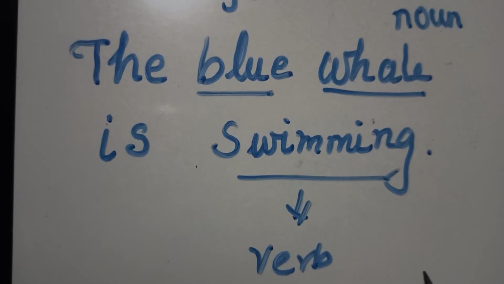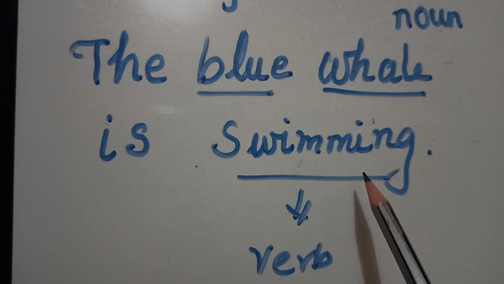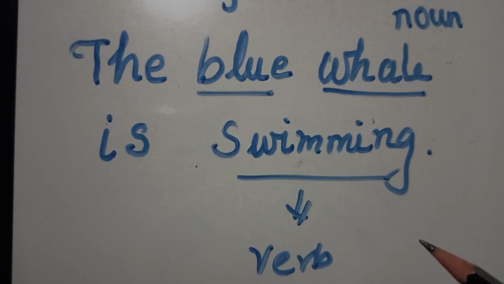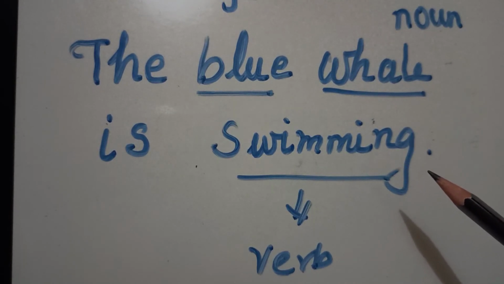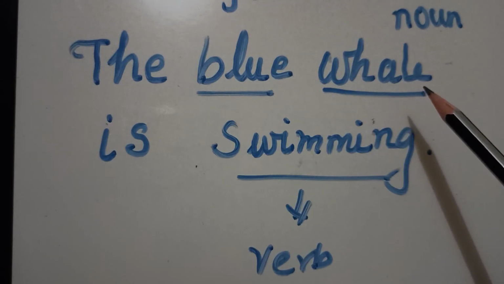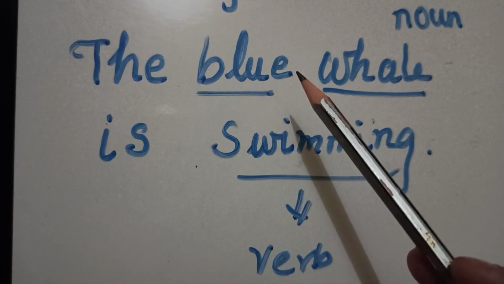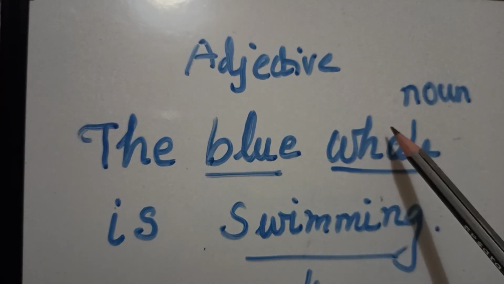The swimming is an action word, said to be the verb. So we can help the child. Here, what action is the animal doing? The animal is swimming. So it is an action word, said to be the verb. Now, which whale is swimming? It is the blue whale. I'm giving more information about the noun. That is, I'm talking about the particular blue whale. Then it is said to be the adjective. So it describes more about the noun.